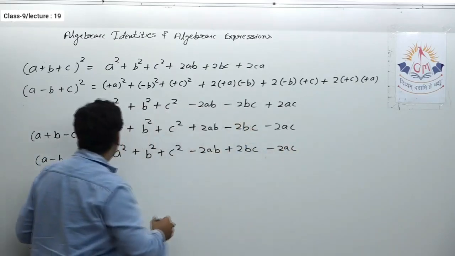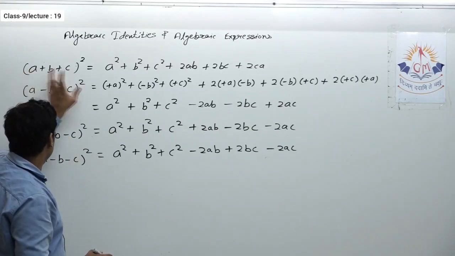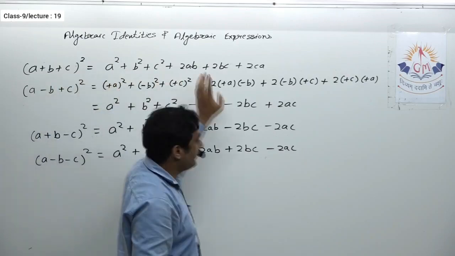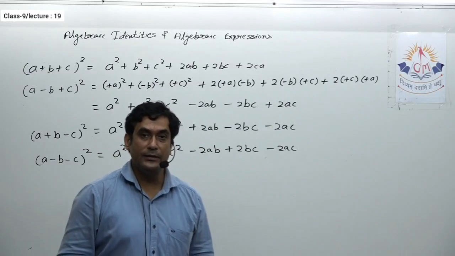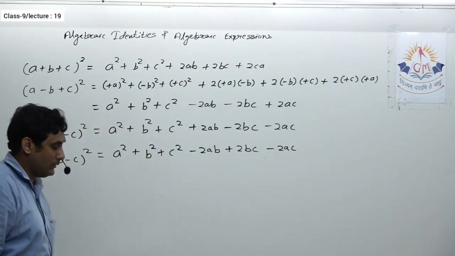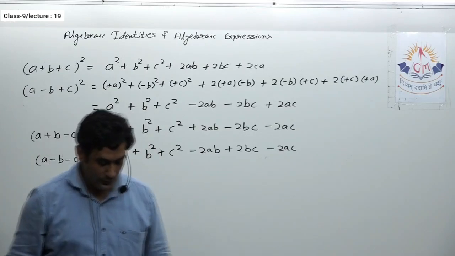So in this way we can find the different variations of this one formula. But again I am telling you that you have to remember the first one only, and the remaining ones you can find just by changing the sign. If you want to note it down, please note it down, then we'll see questions based on this finally.